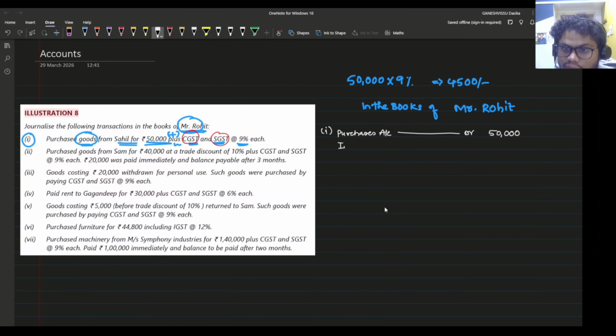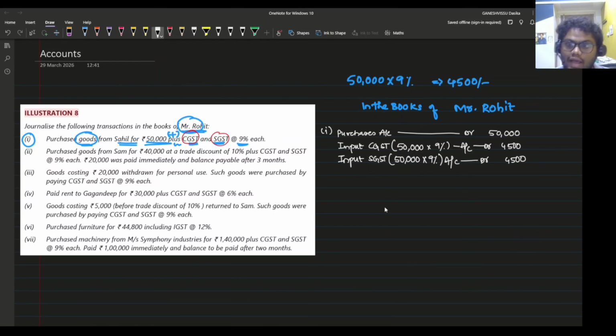Simple: input CGST. In brackets, we show the calculation, 50,000 into 9%, account debit, 4,500. Same again, input SGST, 50,000 into 9%, account debit,